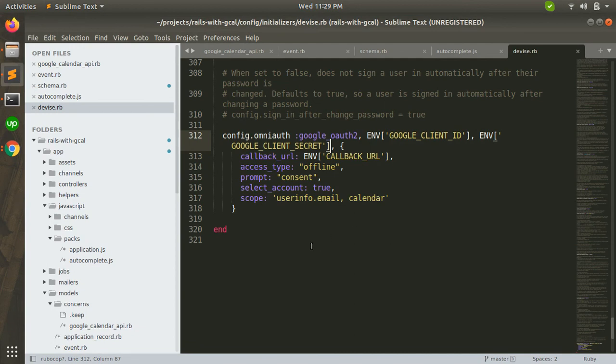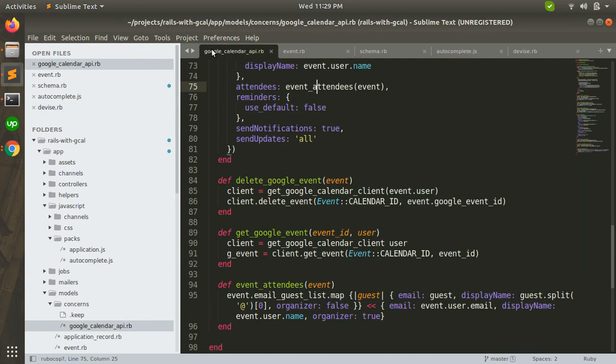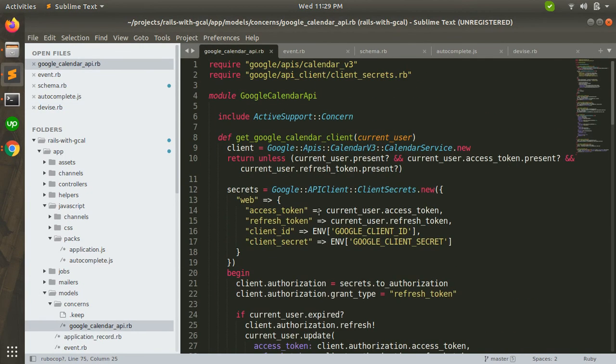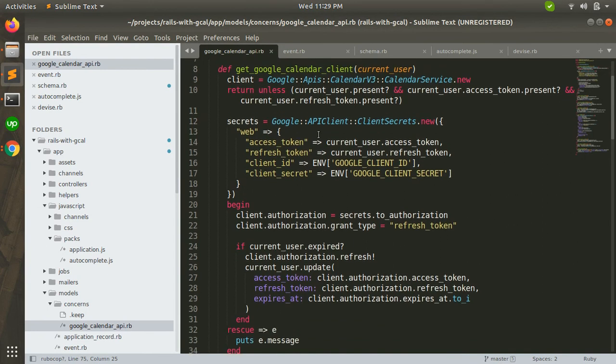And once you add that, you can see that we are using this client ID and client secret here as well while setting up the Google Calendar client, in secrets: Google client ID and Google client secret. So we need this.